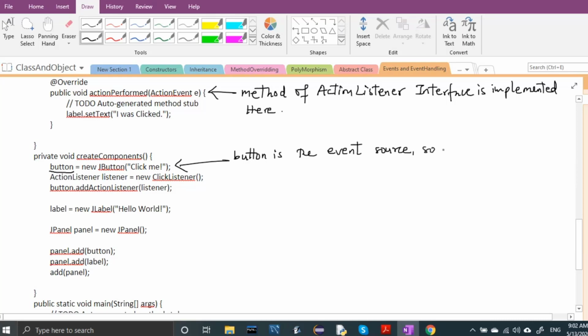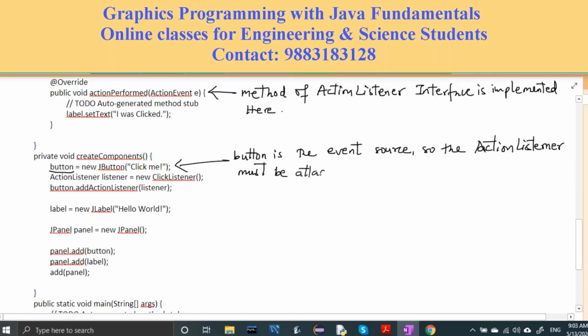The action listener must be attached with this object.